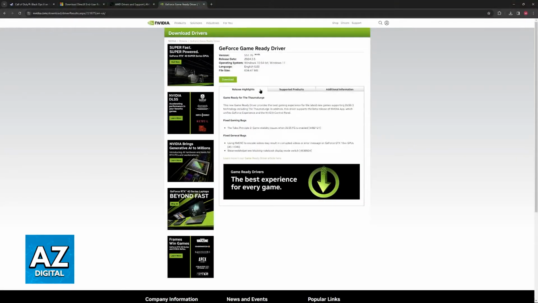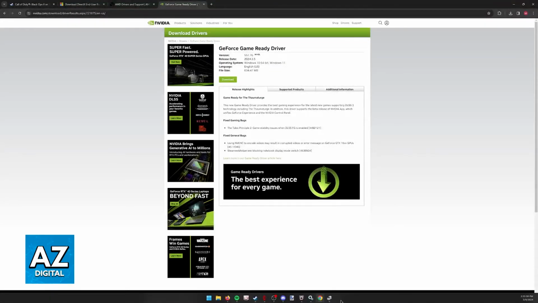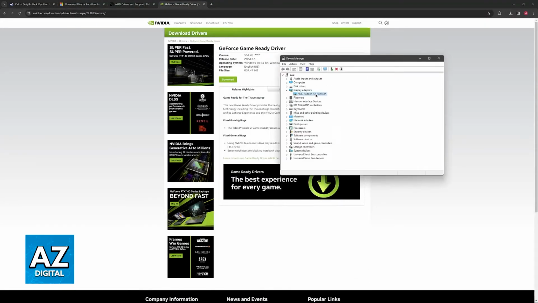With the drivers for your graphics card up to date, you should also be able to open the game without any issues. Something else that I would recommend if you don't have a graphics card and you have something like Intel Integrated Graphics is to right-click this and then update the driver from Windows. Otherwise, if you have AMD or NVIDIA, go to their website.